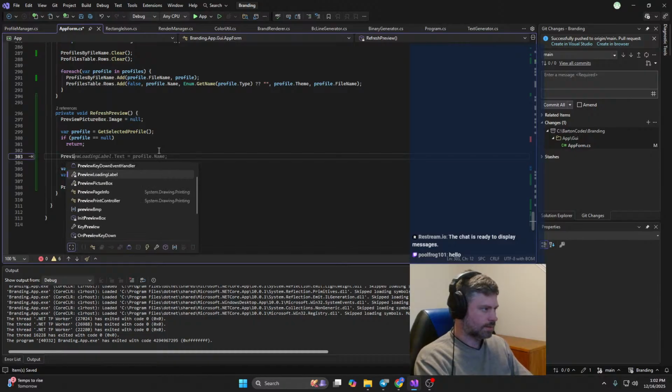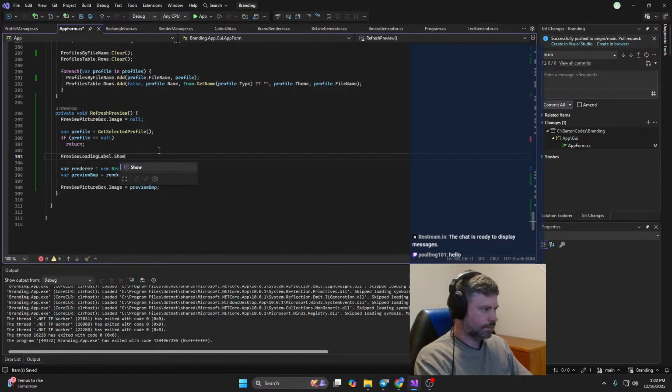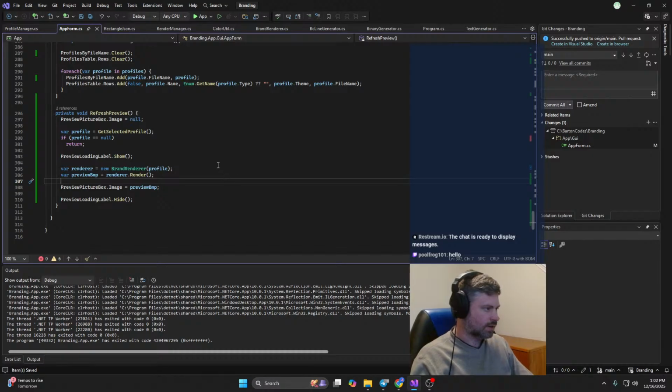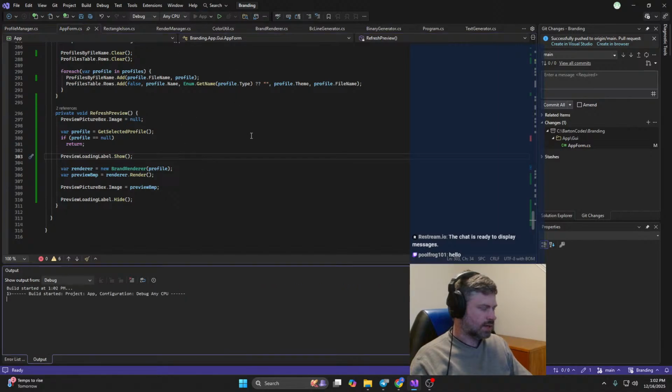So let's show the loading label. Then we'll make our renderer render our bitmap and set the image to it. And then after that, we'll hide the loading label again. I'm going to leave that alone. So in theory, even here running on the same thread, we should see the